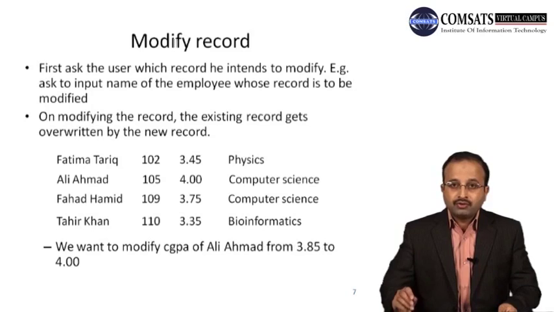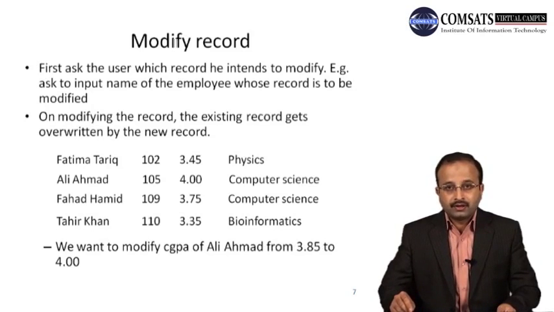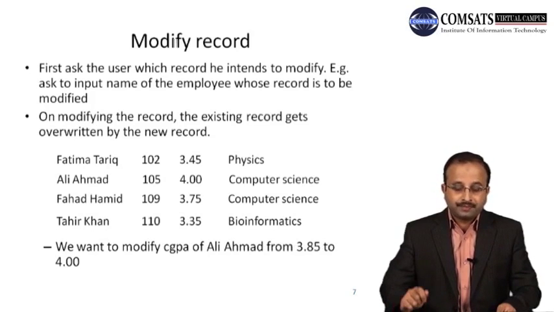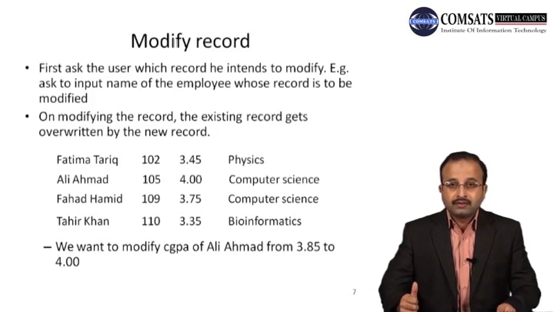and through the file pointer you can read or write the record on the file. You can read the record using the file pointer, you can write the record using the file pointer. If the file pointer is on the 4th record, it will read the 4th record, not the first one. So in order to read the first record, you have to move the file pointer to the beginning of the file, right? So you have to make sure of one thing, that for the modification, the file pointer points to the beginning of the file,